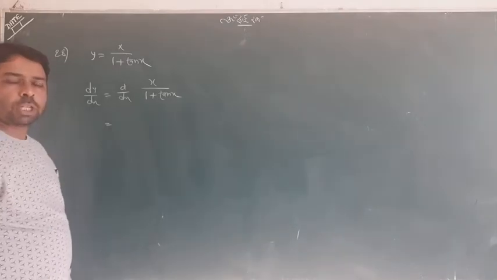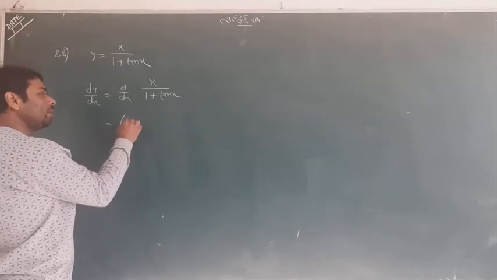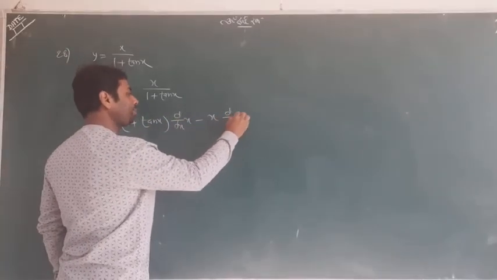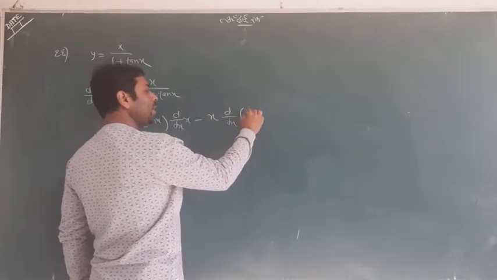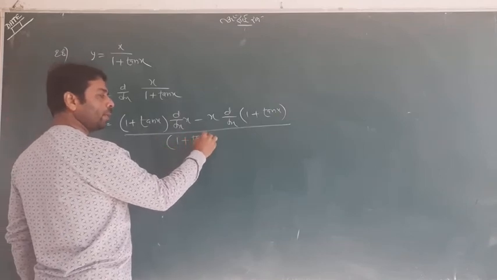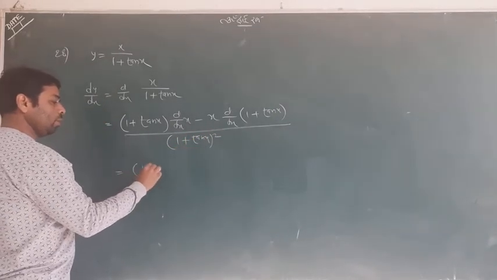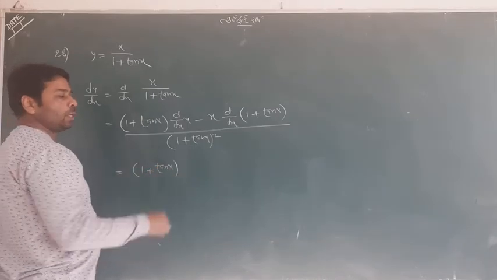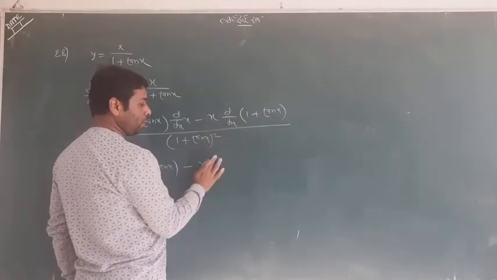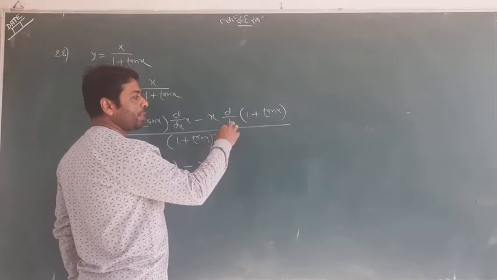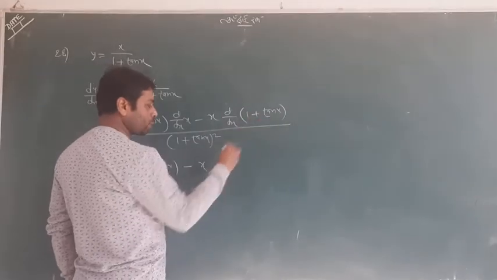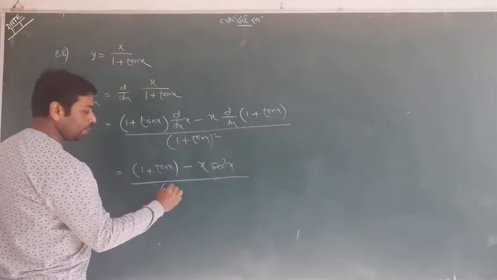Use the division law. The denominator has two terms, so I will use a bracket. Differentiation of x minus the numerator as it is, and differentiation of the denominator, use a bracket, upon (1 plus tan x) whole square. Now 1 plus tan x as it is, d by dx of x is 1, so I am not writing that. d by dx of both will happen, so d by dx of 1 is 0, plus tan x has a differentiation sec square x, so 0 plus sec square x is sec square x, upon that is the answer.